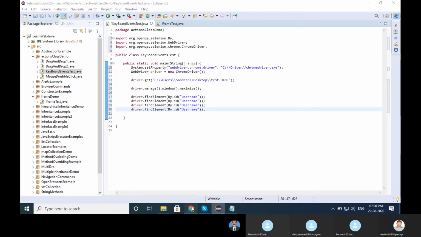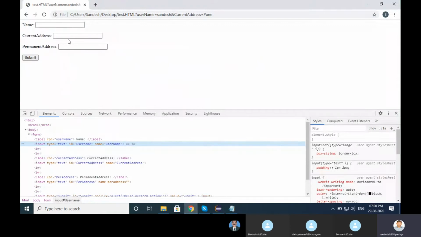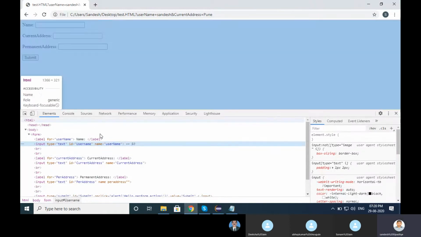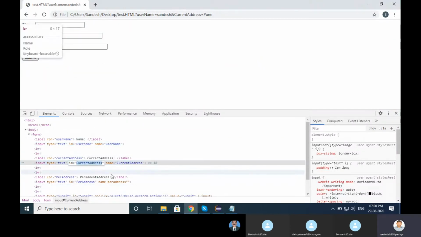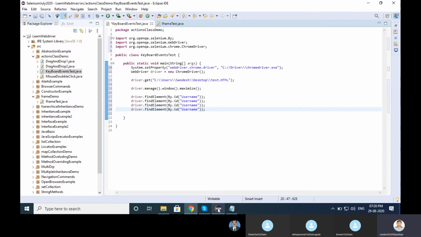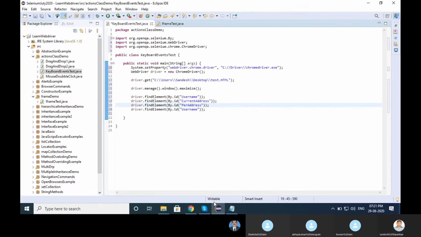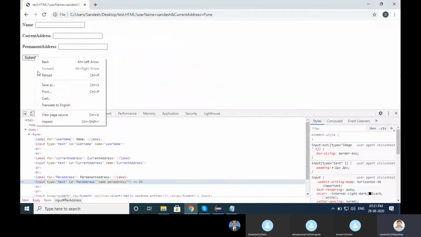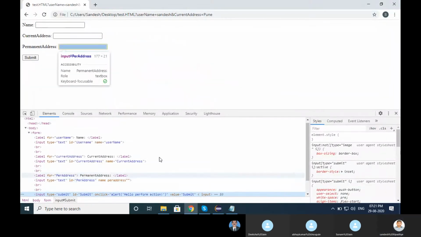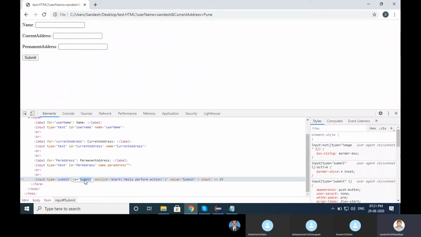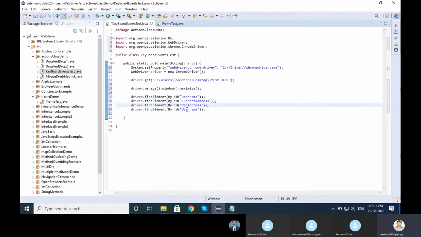Let me copy the other IDs: current address, permanent address, and submit. This is a regular input, right?